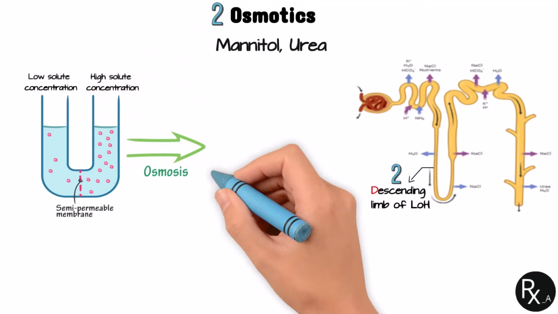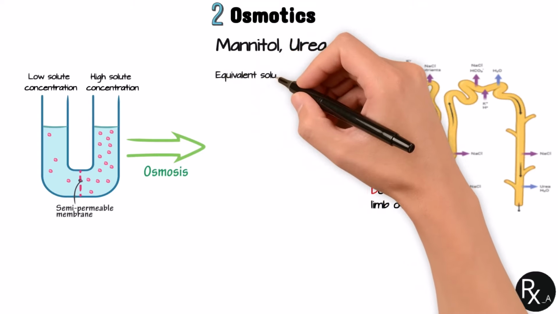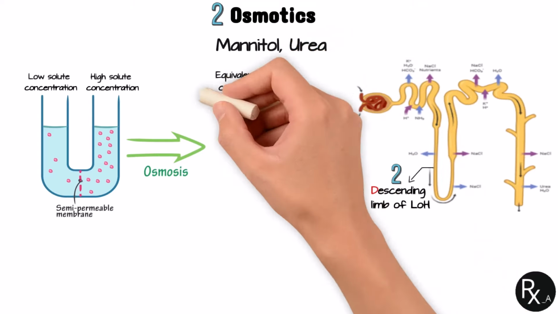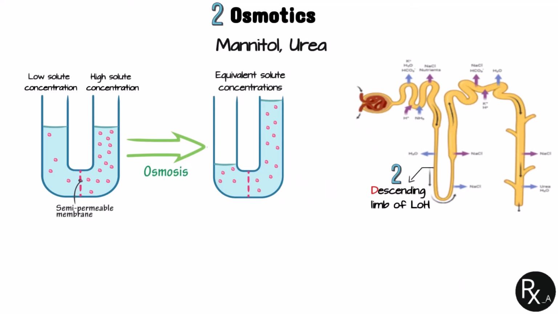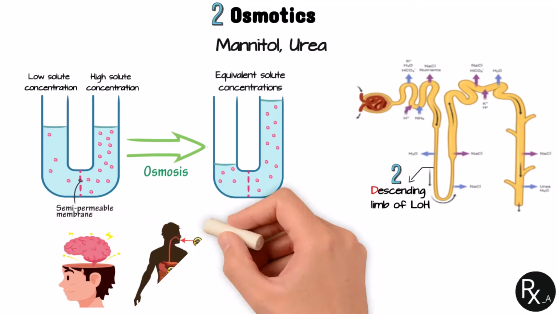These osmotic agents are filtered from the glomerulus because they are highly water-soluble, or hydrophilic, and because of their large molecular size, they undergo very limited reabsorption. This results in increased osmolarity of the tubular fluid, which reduces water reabsorption. Because they increase the excretion of water rather than sodium, they are not very effective in treating edema caused by sodium retention.